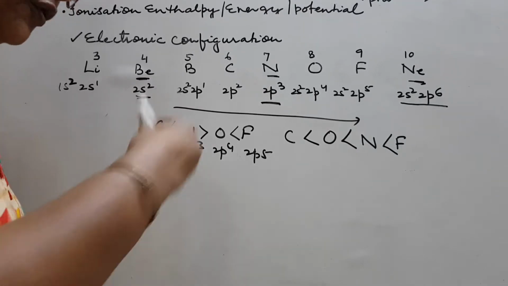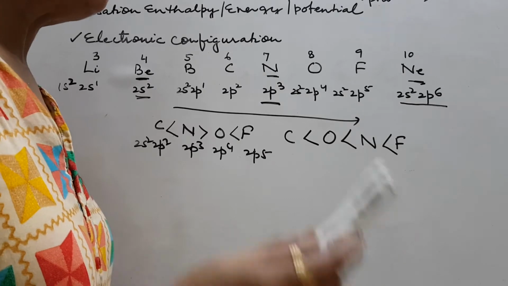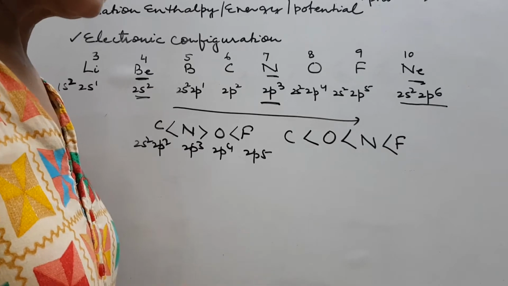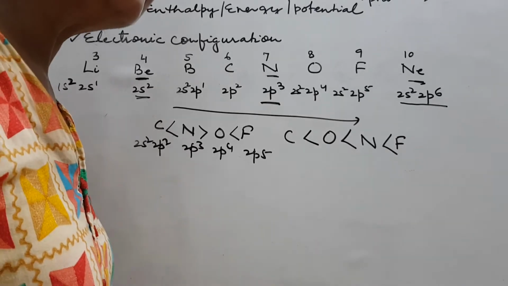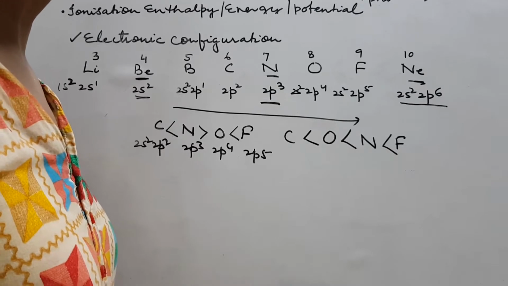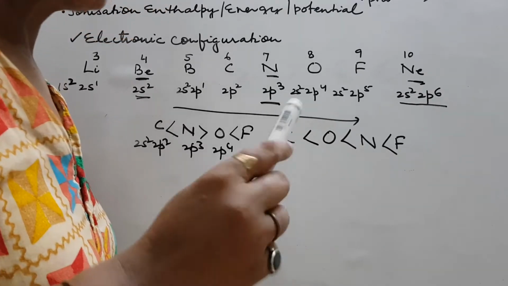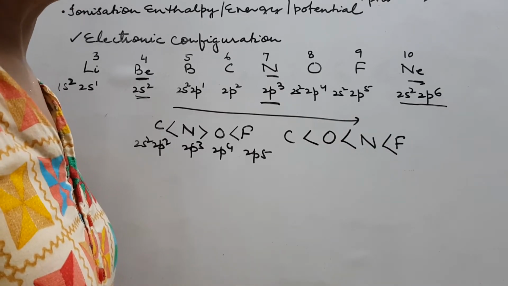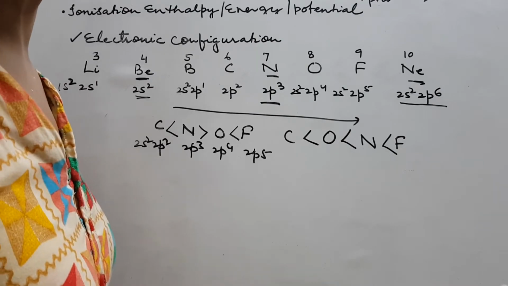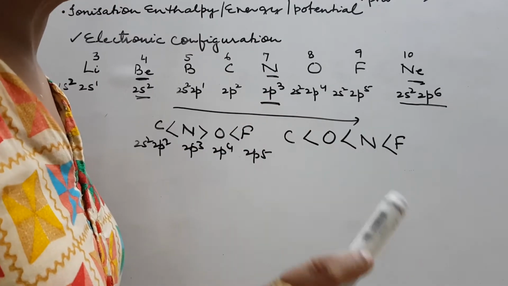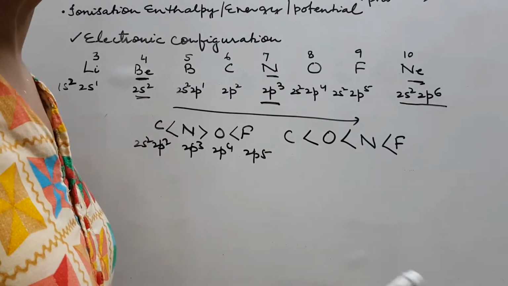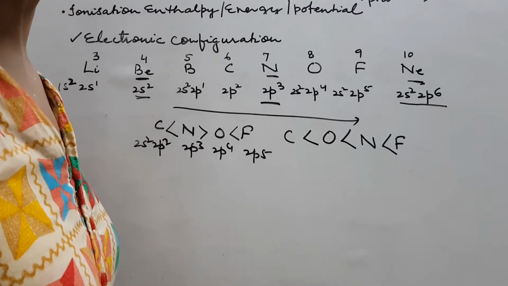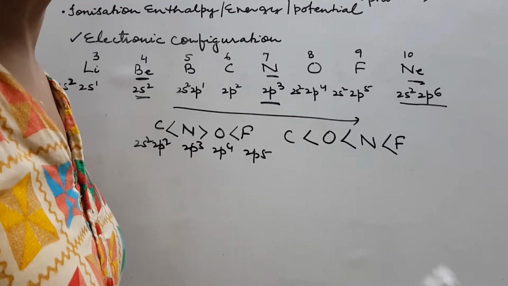Before I explain this, I just want to remind you of one fact which you have been taught in the chapter Atomic Structure, and that is atoms having half filled or fully filled orbitals are very stable, rather much more stable than the atoms having partially filled orbitals. Remember this point. I repeat for the last time, atoms having half filled or fully filled orbitals are much more stable than atoms having partially filled orbitals.